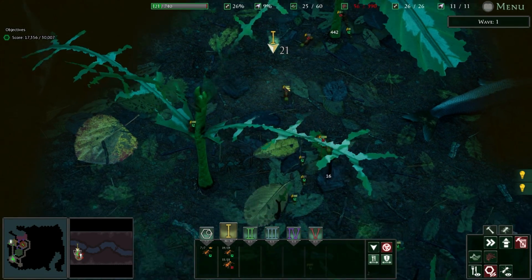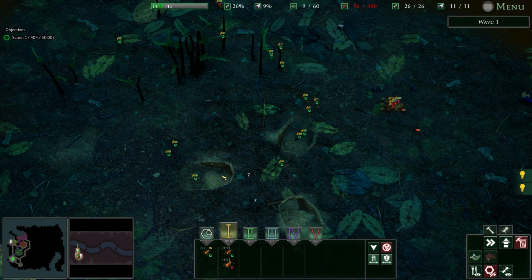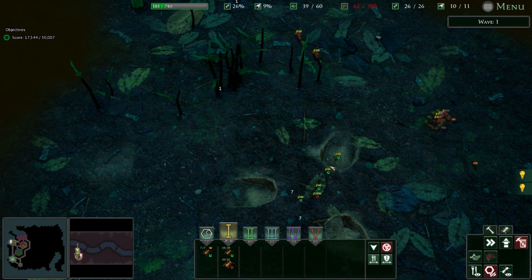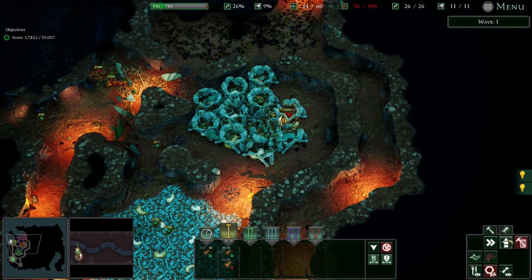Yeah, that kind of works. So it still tells... Oh, no, it doesn't. I was going to say, it still tells them to leave this entrance, but it doesn't. They still go out the entrance over here. Our food is starting to tick up now, though, so we can actually start...